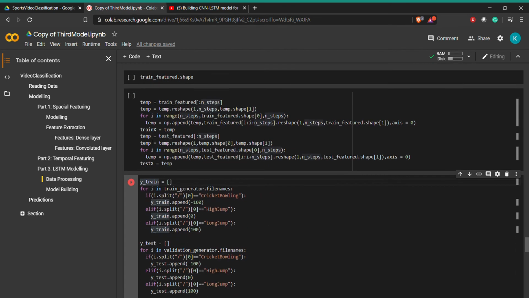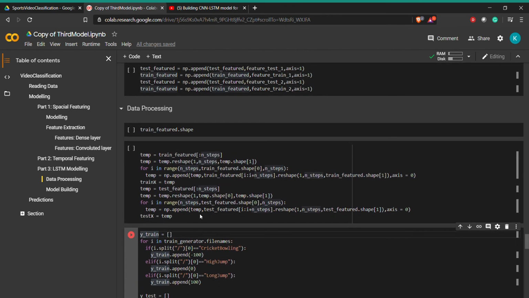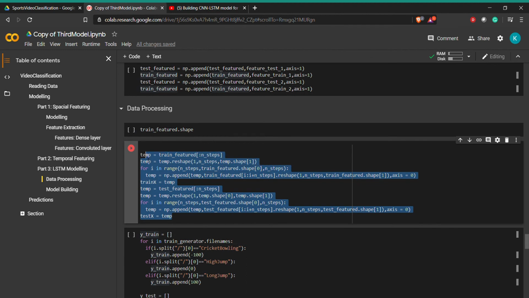Now we are making the data into time framed data. Before, our data was in the form of number of frames, where axis 0 was the number of frames and axis 1 was the total features.